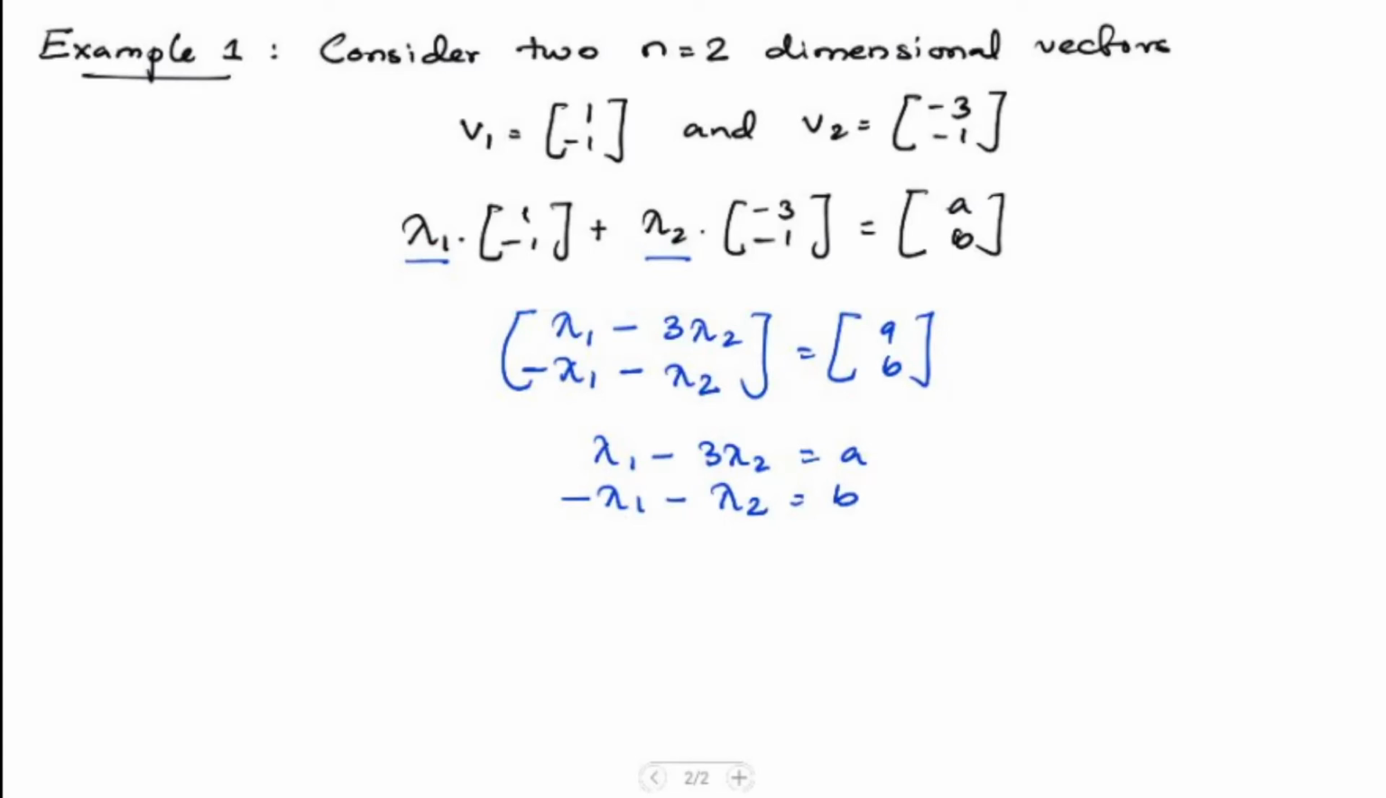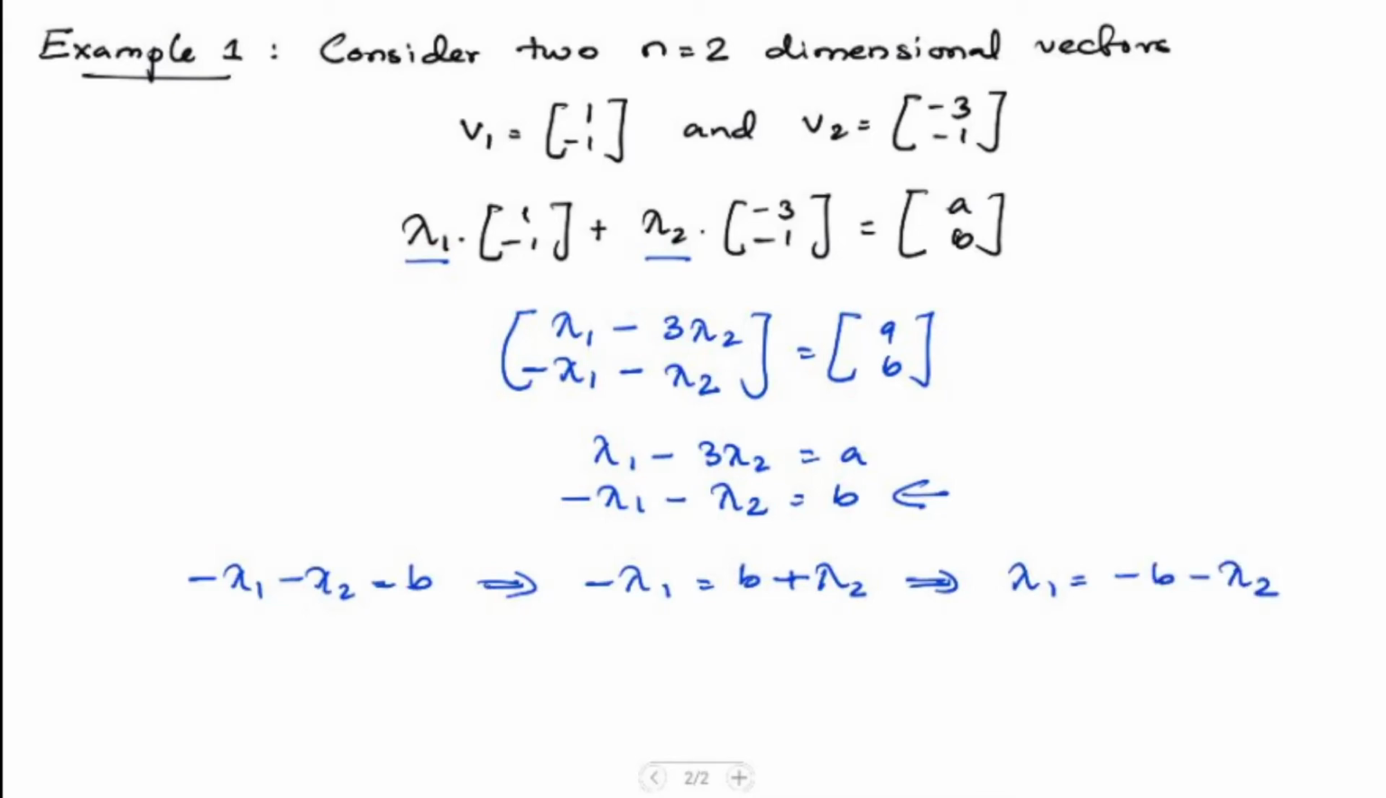Now, considering our second equation here, I'll write it again here. So we have minus lambda 1 minus lambda 2 is equal to B, and that would be same as saying that minus lambda 2 minus lambda 1 is equal to B plus lambda 2. Thus we can say that lambda 1 is equal to minus B minus lambda 2. Okay,